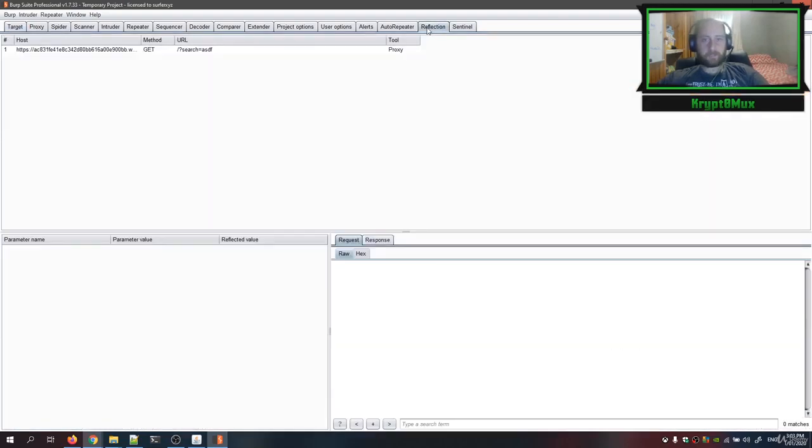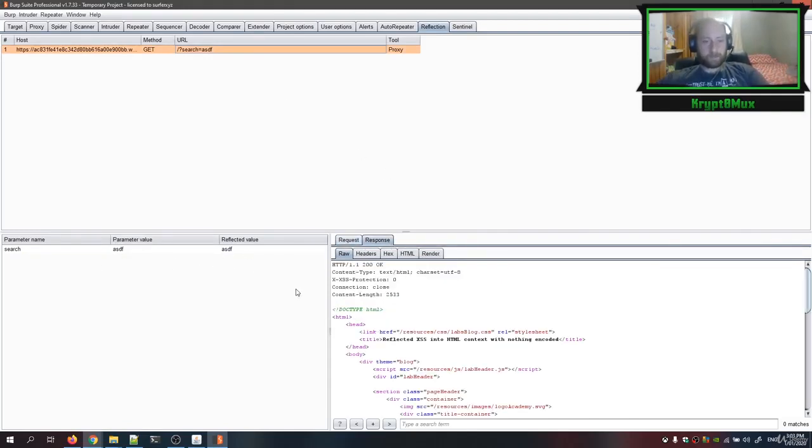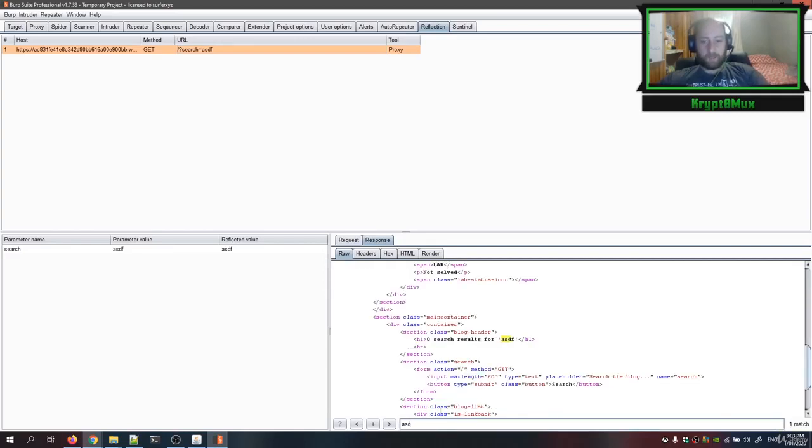So we got that. Let's go to reflected. Here we go. In our reflection, ASDF has been reflected in the response. If you type in ASDF, it got reflected right in the response. This is a big indication that it could be vulnerable to cross-site scripting. Could be, because it still might be filtering out characters that we need to inject or break out of the HTML tags. So what we can do is send this to